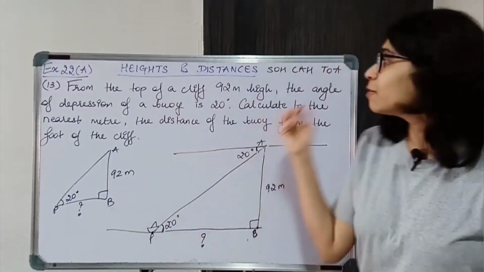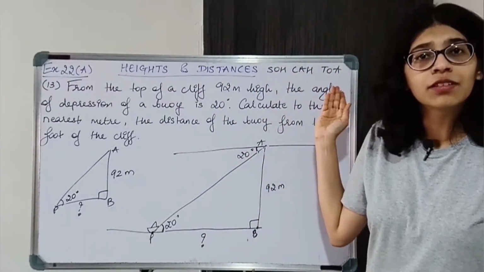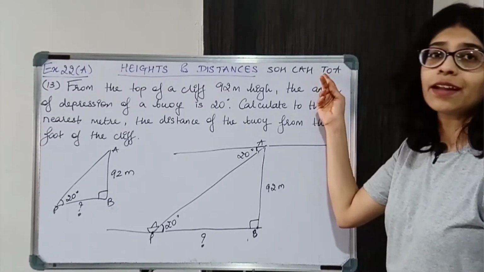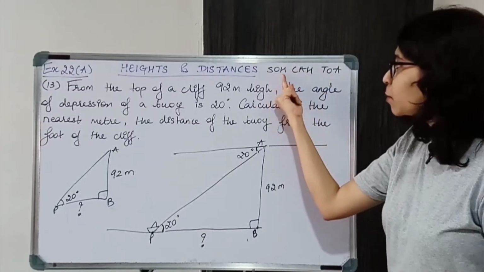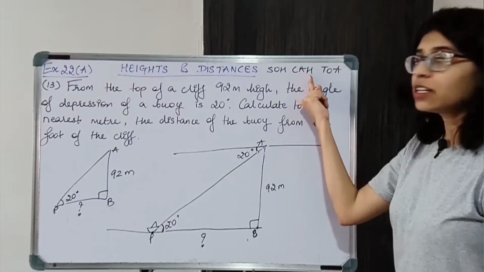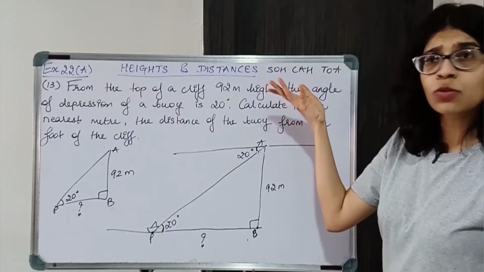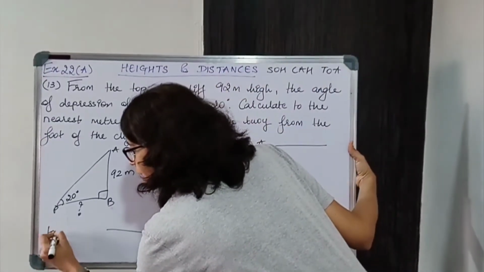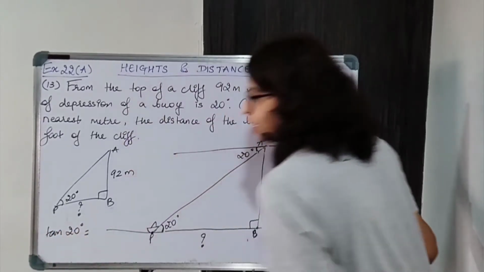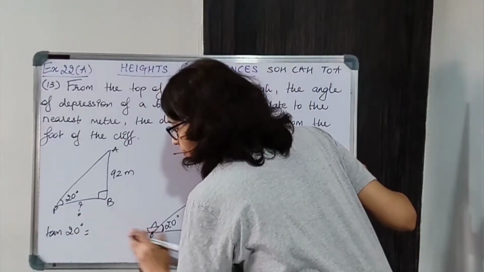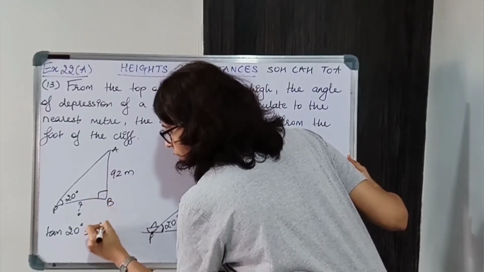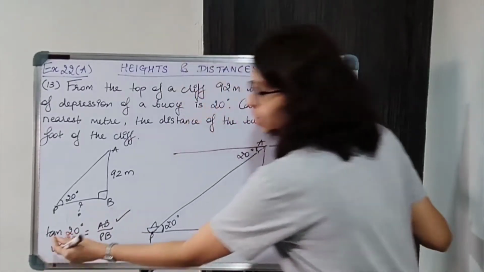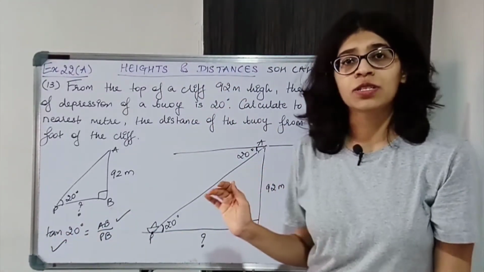Opposite and adjacent, which trigonometric ratio to consider? You will consider tan because opposite and adjacent come in tan. ठीक है. So sin में opposite and hypotenuse है, cos में adjacent and hypotenuse है. We don't want hypotenuse over here, we just want the opposite and adjacent का relation, so that is in tan. So tan of the angle, that is tan 20, is equal to opposite, that is AB, upon adjacent, that is PB. AB we know, tan 20 you will get the value from the table, natural tangents का table.